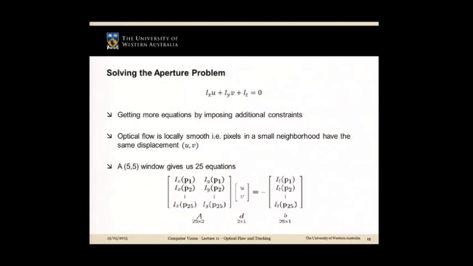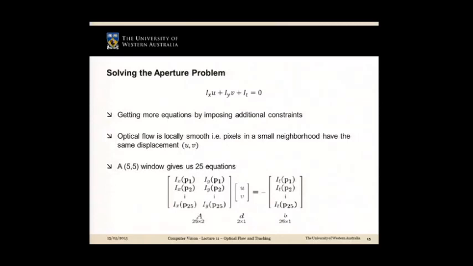Now with 25 different equations and two unknown variables, can we solve it easily? Of course we can. We have no more number of equations than the unknowns, right? Now, writing these variables in the form of a matrix, you have all the gradient values on your left, which becomes